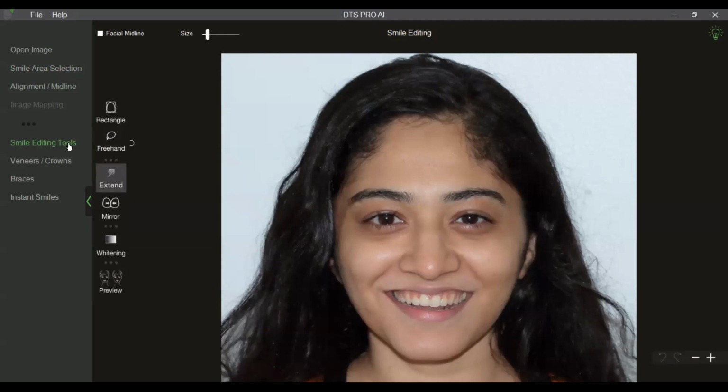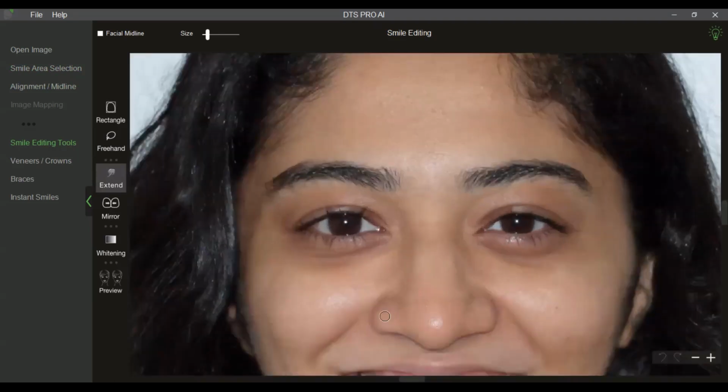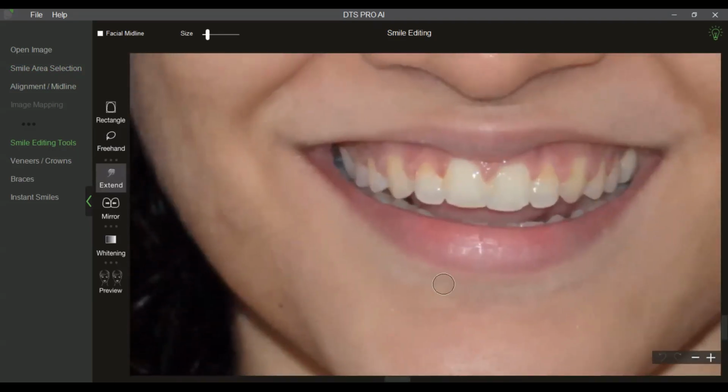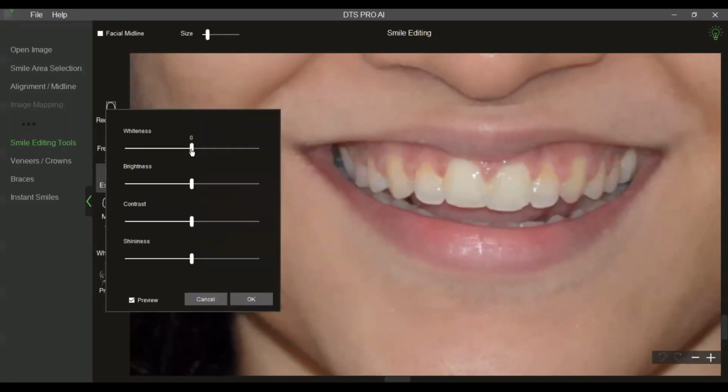Now, we are on the first screen, that is smile editing tools. Two very easy to use and very handy tools here are, there is a whitening tool. So for your patients who need bleaching, you can just use the whitening tool. So plus 20 is approximately 2 shades of clinical whitening.